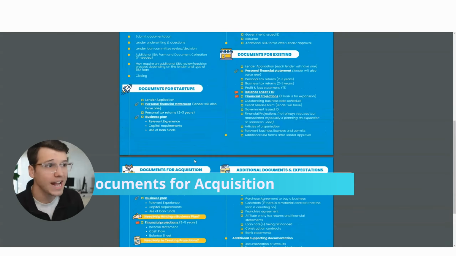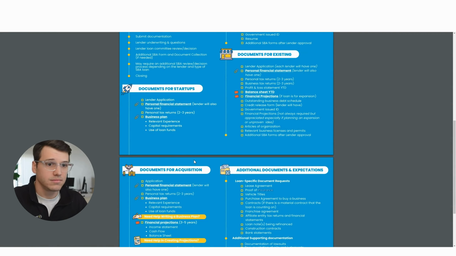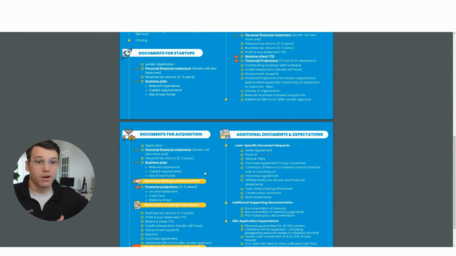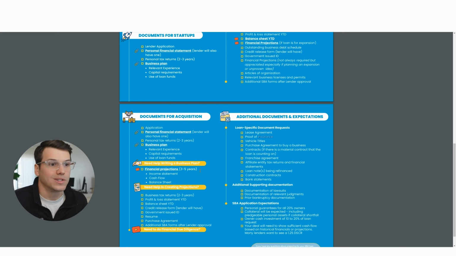And then lastly, acquisition is kind of a blend of the two. So if you're trying to get an SBA loan for the acquisition, it's kind of going to be treated as both a startup and an existing business because you're going to have access to historical information, but the lender also needs to know how you're forecasting the business is going to do, given new ownership always changes things. Is the team changing? Are you changing the business in a significant way? Are you projecting the business will maintain or grow or shrink? So there's more question marks. And so again, you need to have a little bit more documentation.